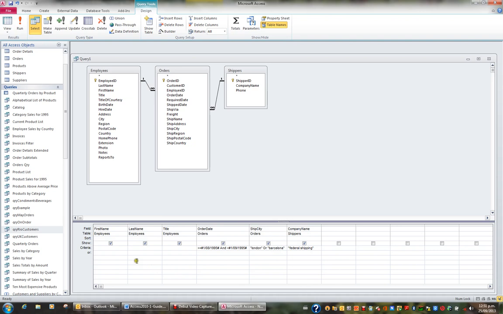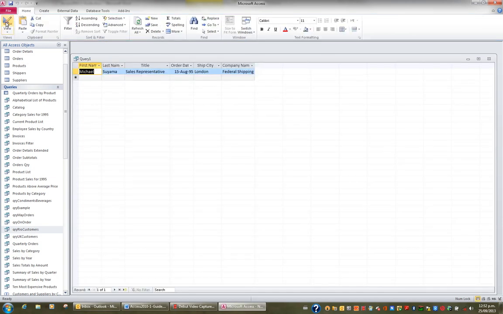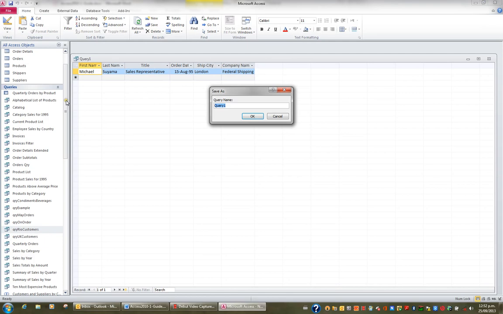So what we have here is the employee's first name, last name and title who handled orders in the orders table that were ordered in August 95 and were shipped to the city London or Barcelona by the shipping company Federal Shipping, and my result is effectively one record. I'll then save this query as QRY Federal Shipping